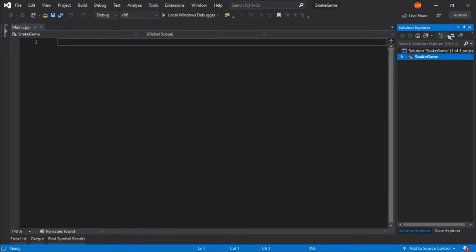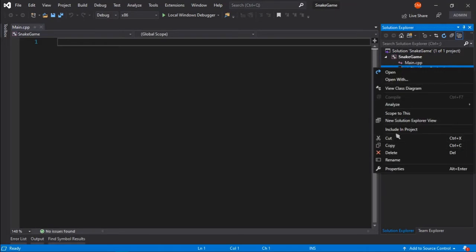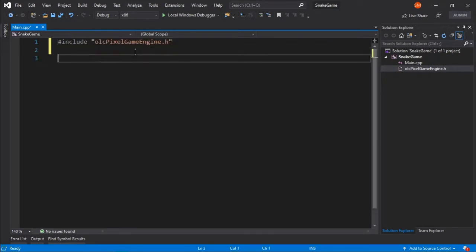And now if I refresh my solution, you can see it's here. And all I need to do is right click and include it in the project. So now I can say include OLC pixel game engine to include this file.